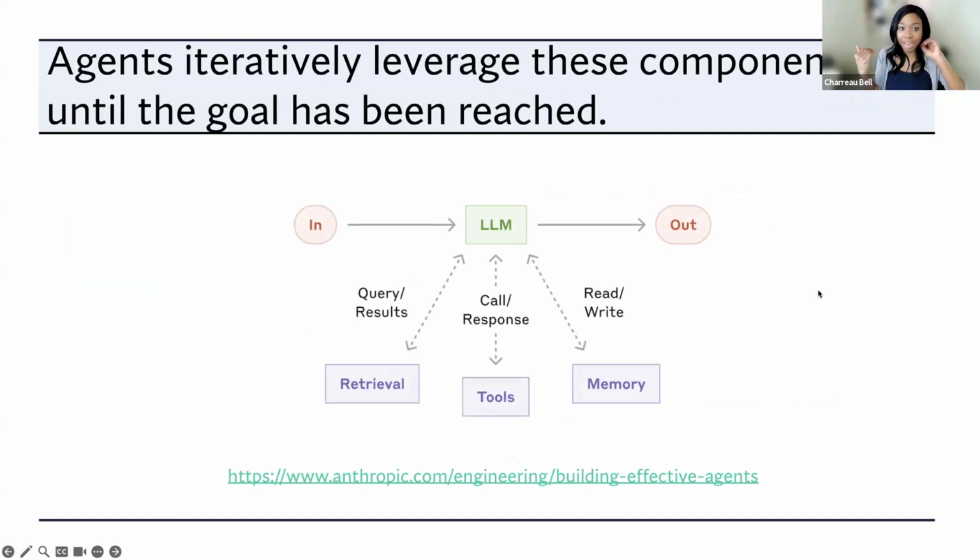Okay, so now that we have those components available, agents tend to act in an iterative way to try to get to the solution that you're looking for. Here we can see that we have some requests that we might want to make of our AI system. It might try to ask something of a knowledge base so we can get some additional information. So maybe it's supposed to be an expert in construction, and maybe you have a database about all the specifications for building houses. Maybe you're asking it to help you build a house.